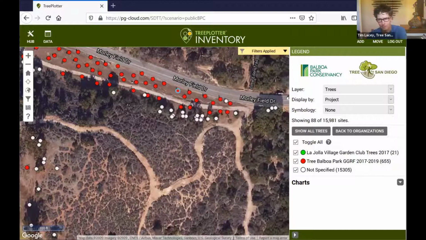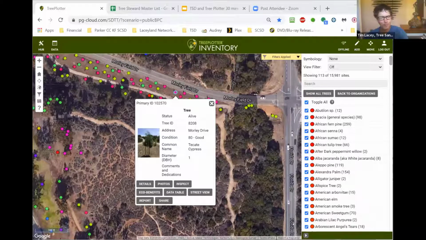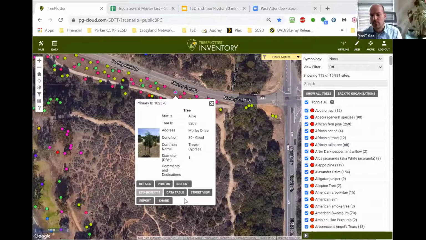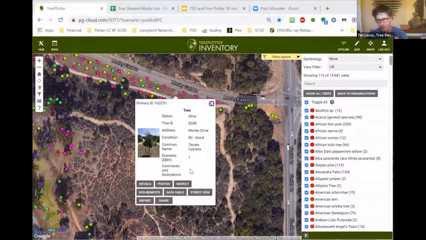Let me switch my screen to what looks the same but is actually different. Let's pick a different screen. I'll stop sharing that screen, and I'll start sharing a different browser that has it logged in as an administrator. Now I'm logged in as an administrator, and I'm looking at the same tree. Something I didn't point out is that this pop-up view showed different fields on the other screen. It was showing tree steward ID numbers and tree steward zones. But this is my view, and if we click on details, we can see